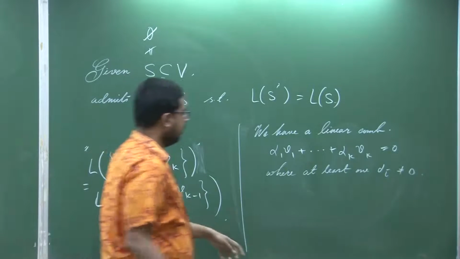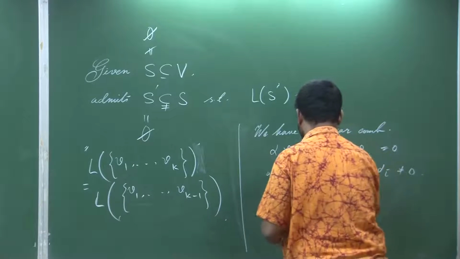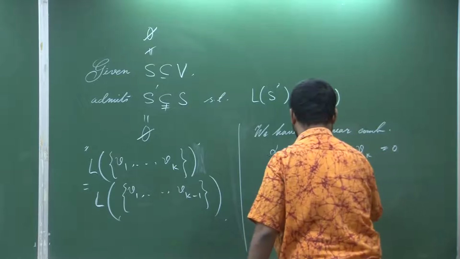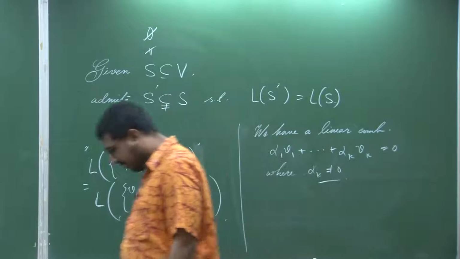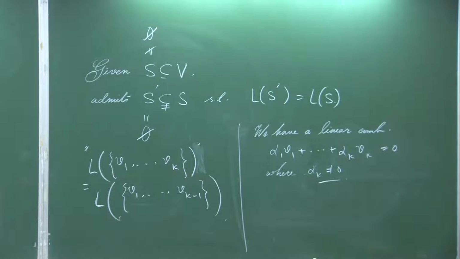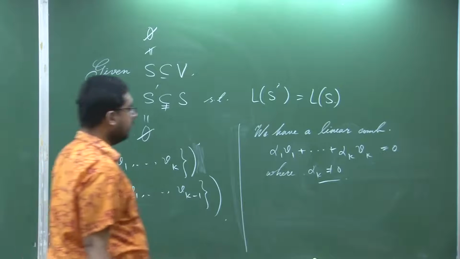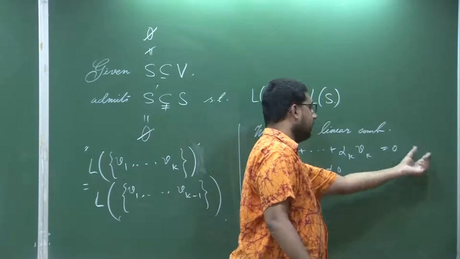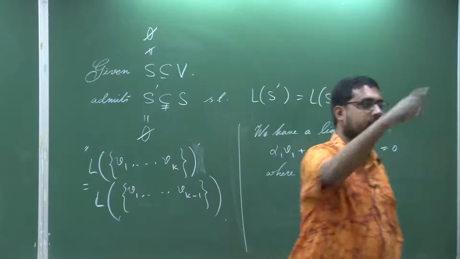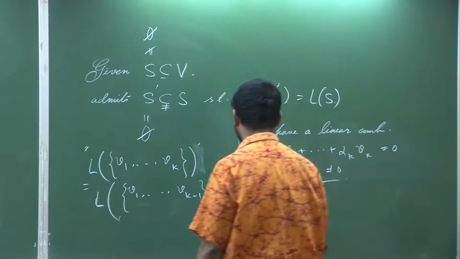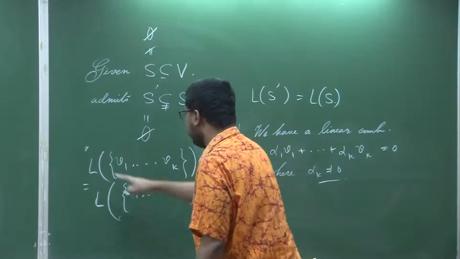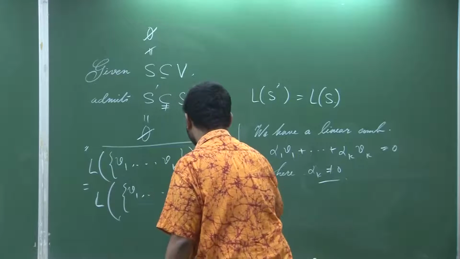Well, let me be very specific, where alpha k itself is non-zero. Then what happens? You can bring this term to that side and divide everything by alpha k, then Vk becomes a linear combination of V1, V2, up to Vk minus 1. Okay. So, therefore, what we have seen is this happens